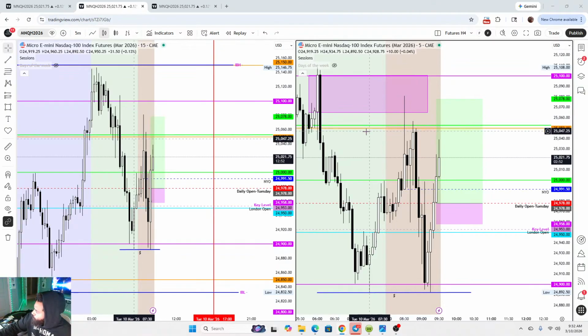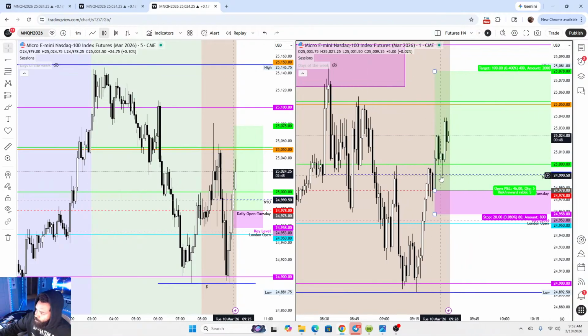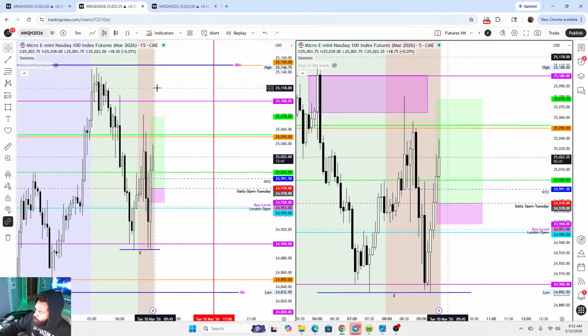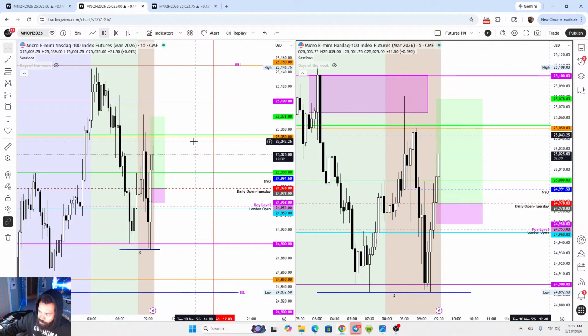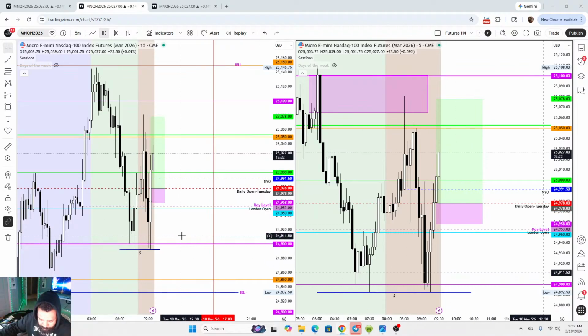So if you're anywhere below 25,000, I would say your risk should be right here. You should keep it right under that New York open on the 1 minute. Because if it goes back below New York, essentially that means it's probably going to test again, and you don't want to be a part of that. But if we do go for high of day, that looks like a really good potential if it does. Just don't like the equal lows, like I said.